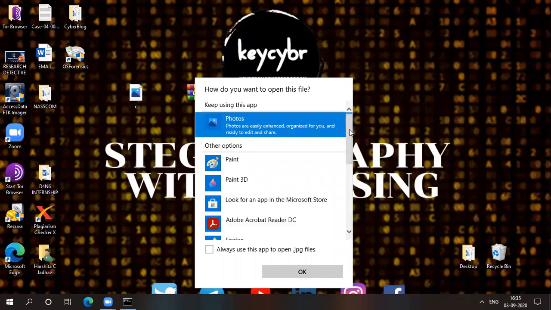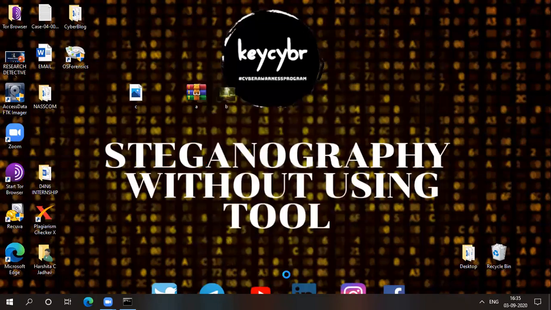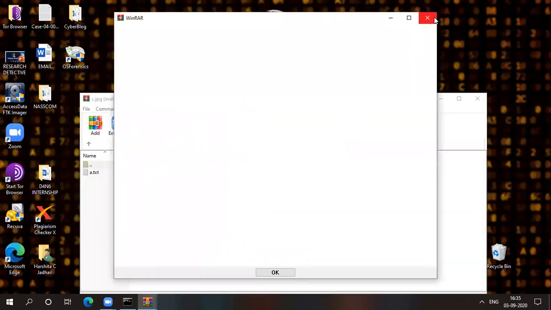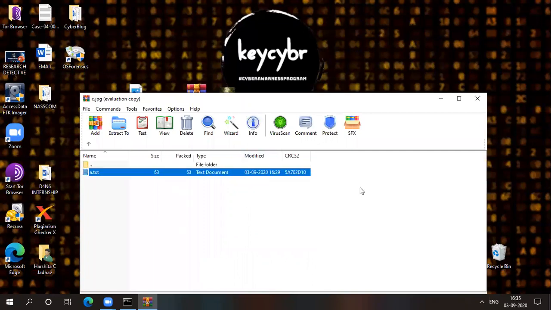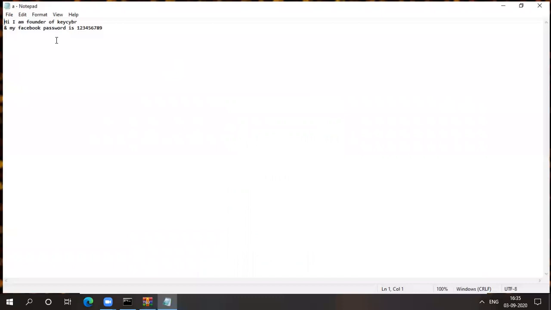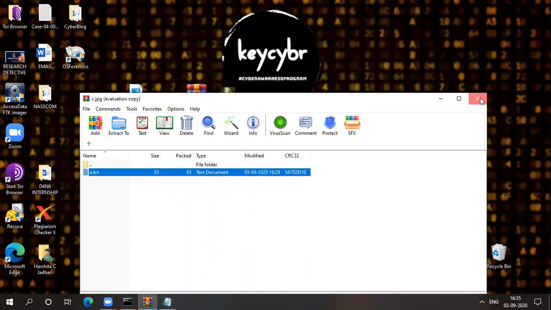You need to open this file in WinRAR. Okay, WinRAR archiver, then okay. So here you can see our text file. Okay, so yes, I'm a founder of KeyCyber and my Facebook password is 123429. Okay, this is how steganography is done without using a tool.